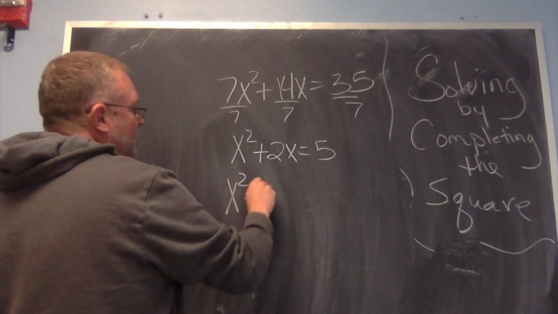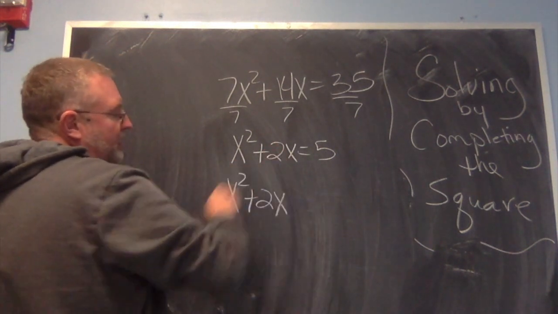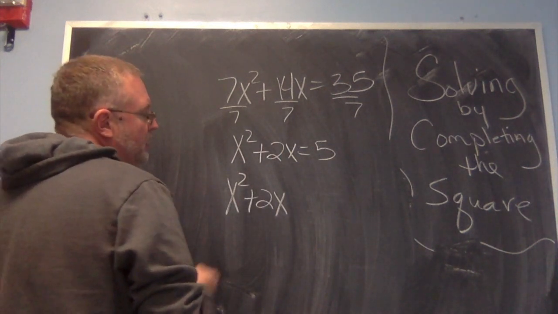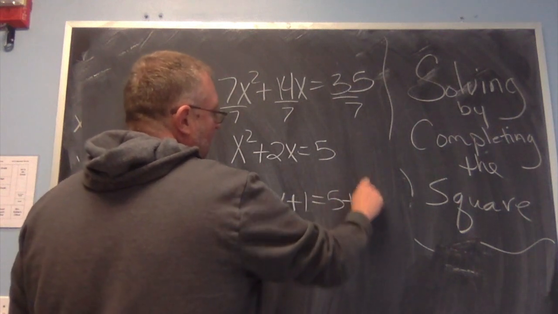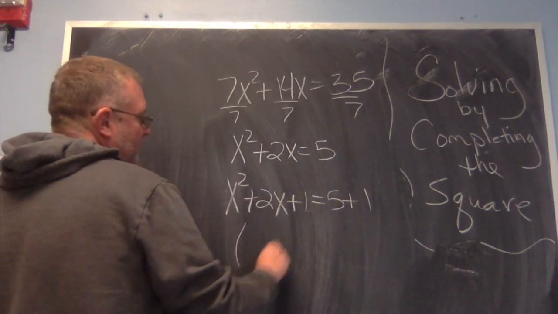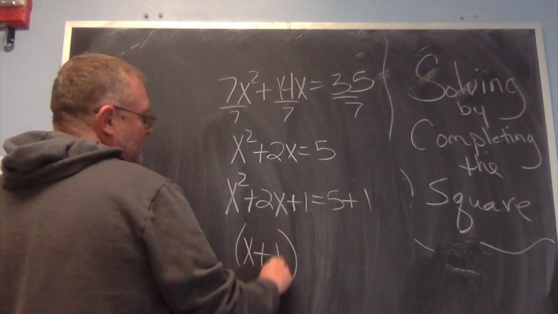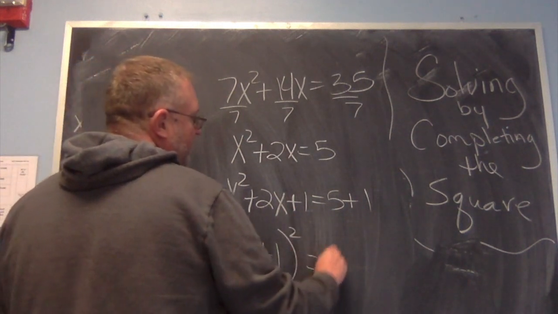X squared plus 2x. I do that by multiplying that by a half. Half of 2 is 1. Squaring it, which is 1. Whatever I add there, I've got to add here. So now I break this down, which is going to be obviously x plus 1 times x plus 1 equals